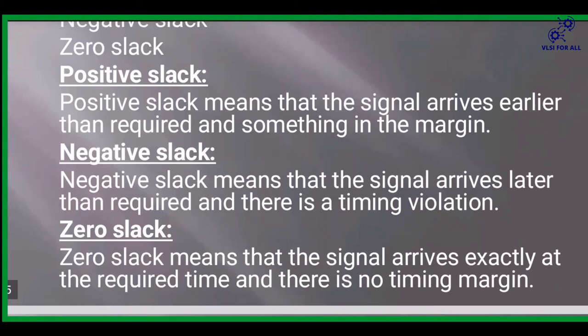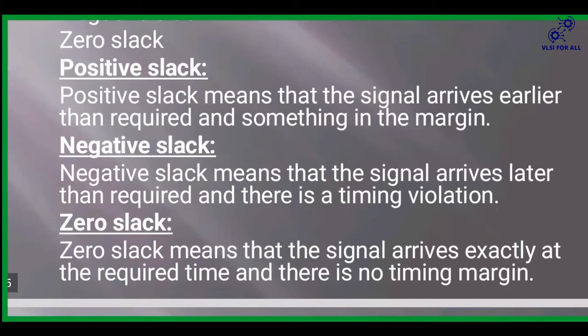So that is said to be a negative slack. For remembrance, we can say if we get a negative value, we call it negative slack. But when it comes to an interview question, you should not say it like that. We have to say that negative slack is nothing but the signal arriving later than the required time. If a signal arrives after the required time, it is said to be a negative slack, and there the timing violation starts.